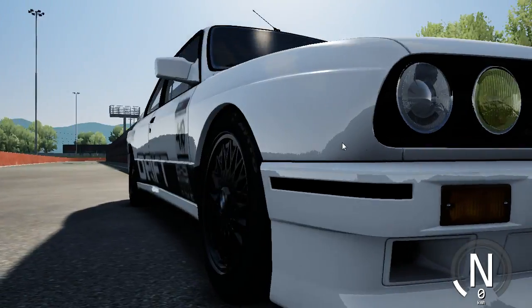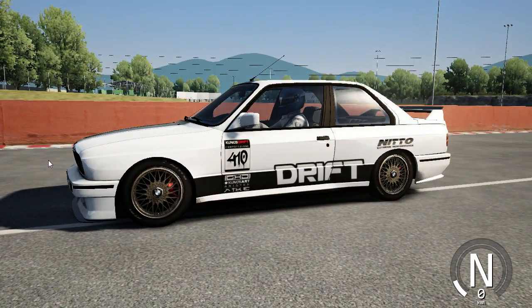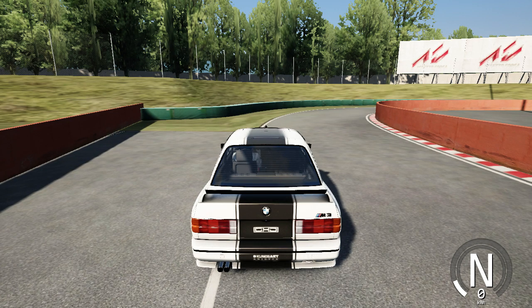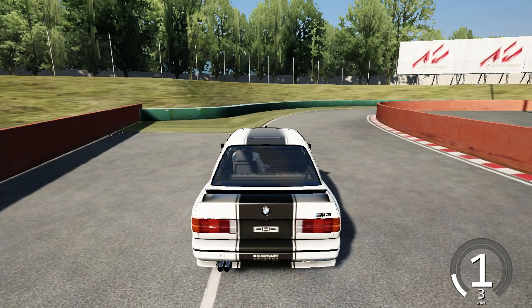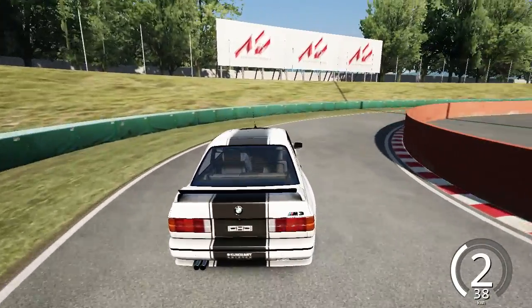We're here with the M3 E30 BMW, and this is the drift spec edition of this car. So we're gonna go ahead and actually get to some drifting with this thing. Now, if you guys remember, when we first started off sort of drifting in this game,